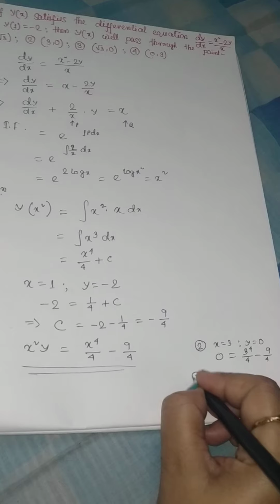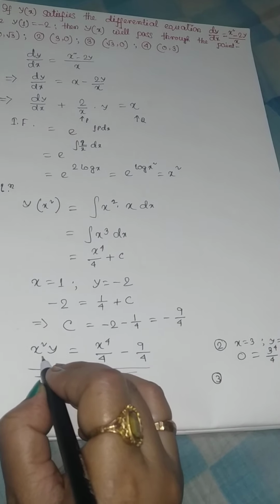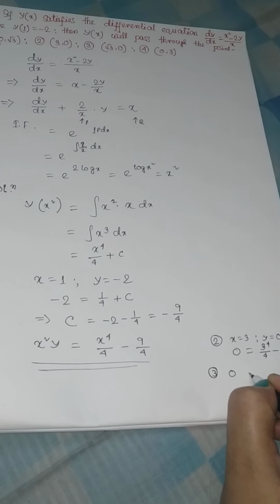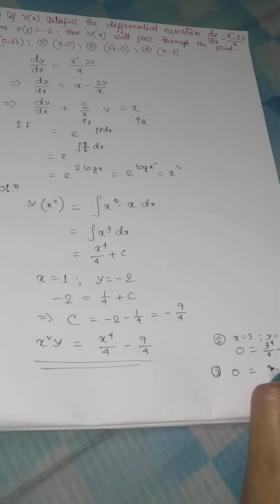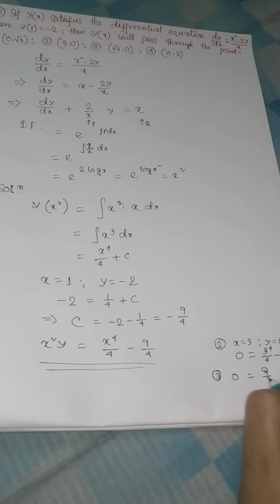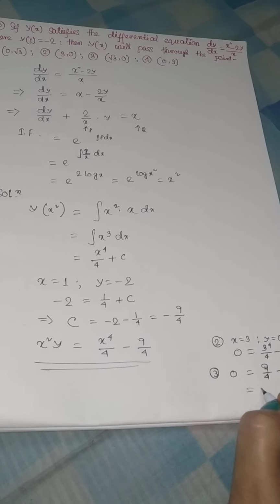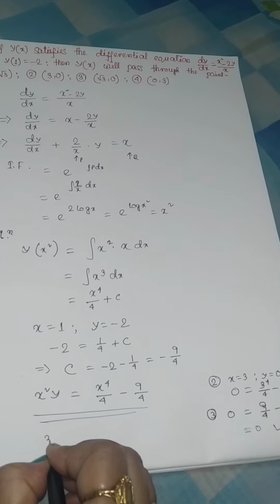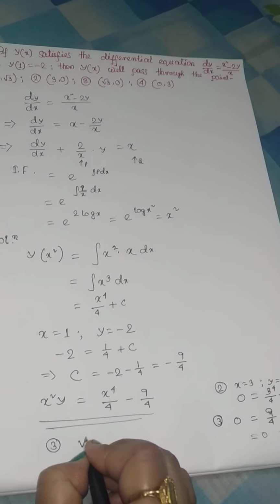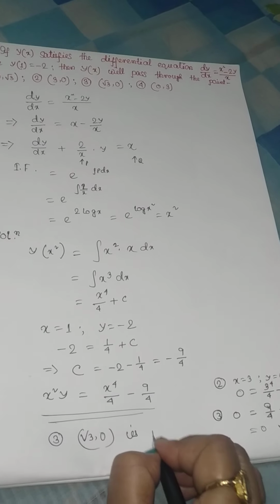Option 3 is (√3, 0). Putting √3, 0, the left hand side is equal to 0. The right hand side is 9/4 - 9/4, which is equal to 0. It is satisfying. Therefore option 3, (√3, 0),